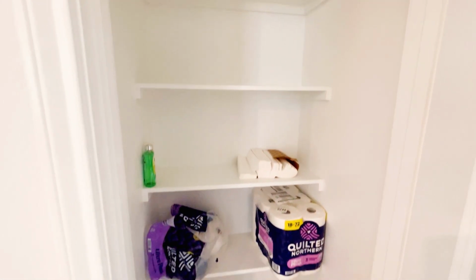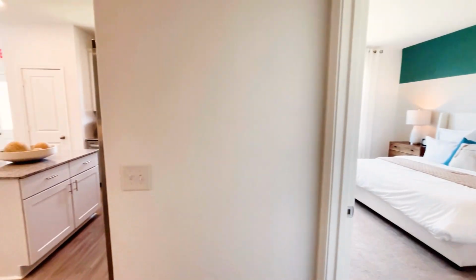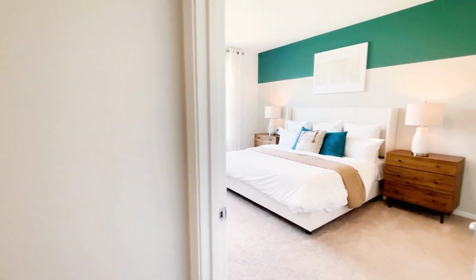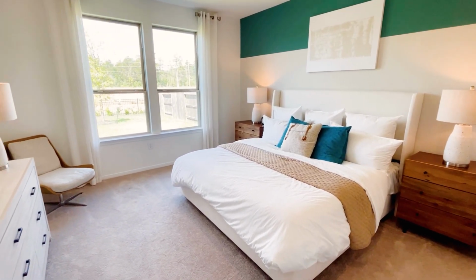And this also could be like a secondary pantry, because it's right here off of the kitchen. So you had your pantry over there in the kitchen, but like the other ones, you have the secondary pantry that's pretty close too. So coming in here, your primary, again,